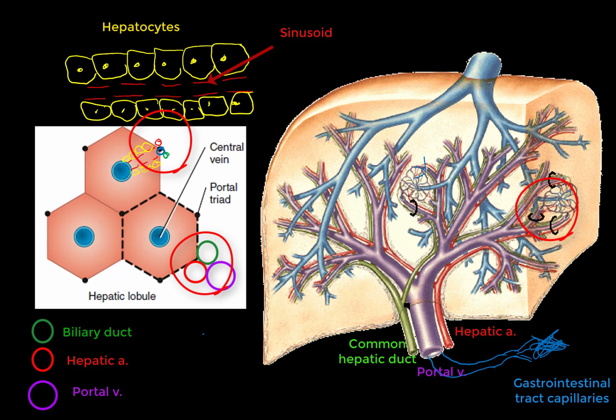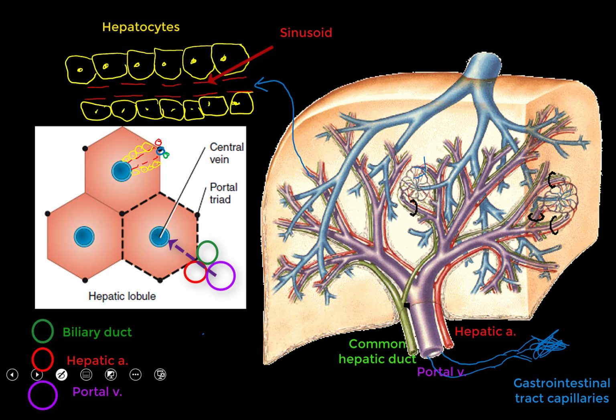Therefore, blood that enters into the sinusoid in between the hepatocytes comes from two sources. It comes from a branch of the portal vein, and that will be nutrient-rich, and it comes from a branch of a hepatic artery, and that will be oxygen-rich. The blood will pass in the sinusoid, providing nutrients and oxygen for the hepatocytes, and so this is the direction